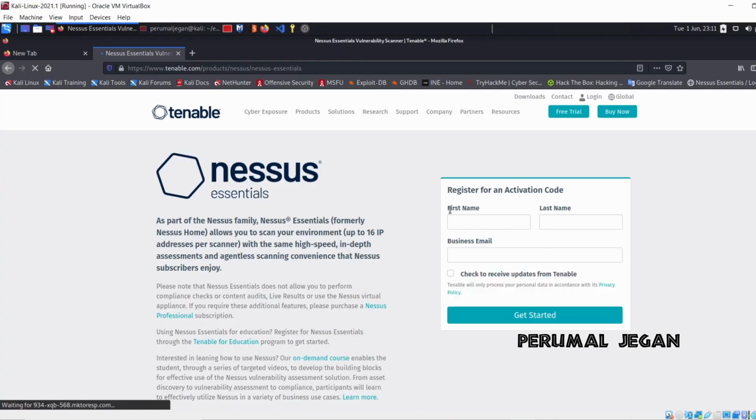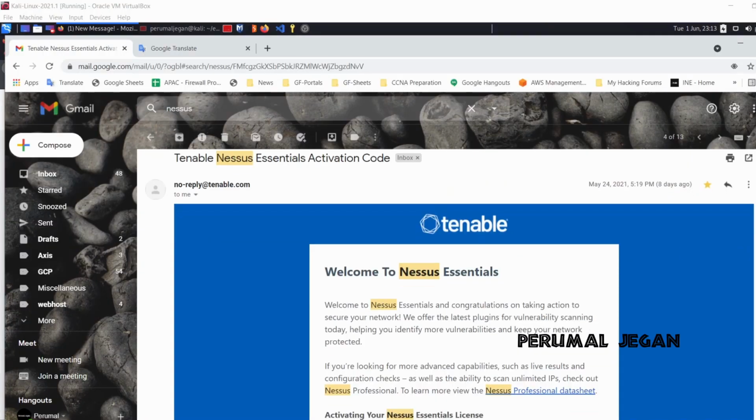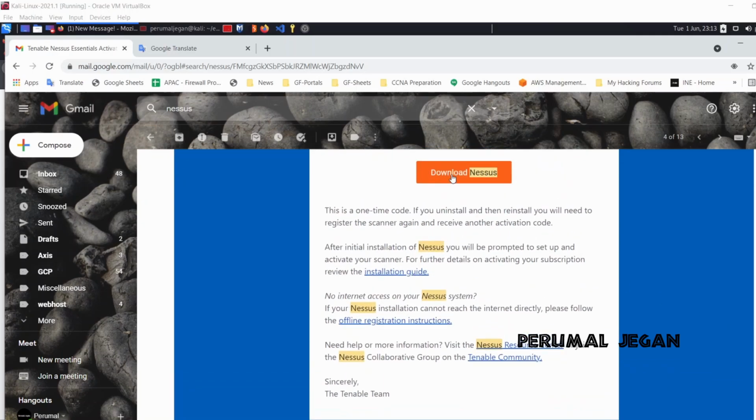When you click download, you will be asked for registration. So enter these details, give your email ID and go. Then you will get the download link directly in your email. This is the email I got. By clicking this, you can move to the download page.